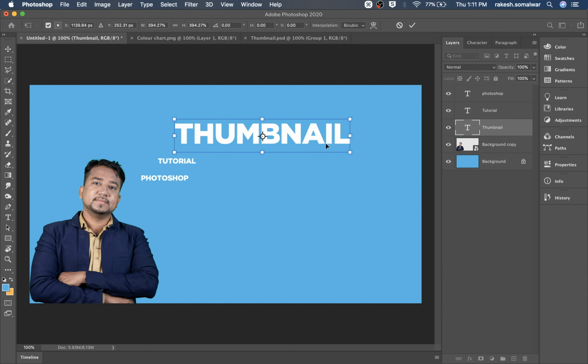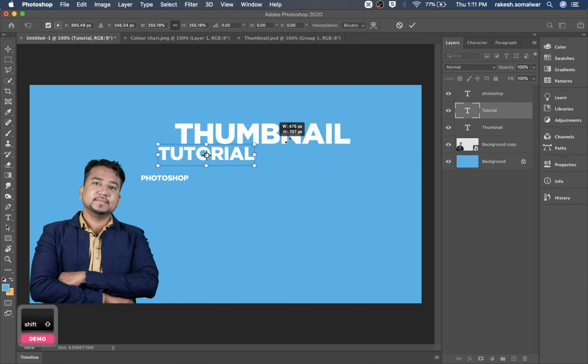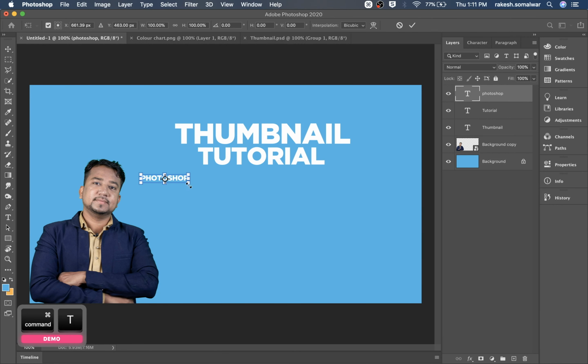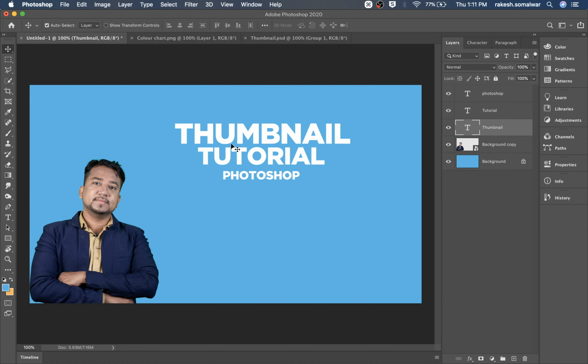Adjust the fonts accordingly. Keep thumbnail biggest one, tutorial little smaller and Photoshop smallest. I'm arranging all three fonts equally balanced, equal gap in a vertical way.